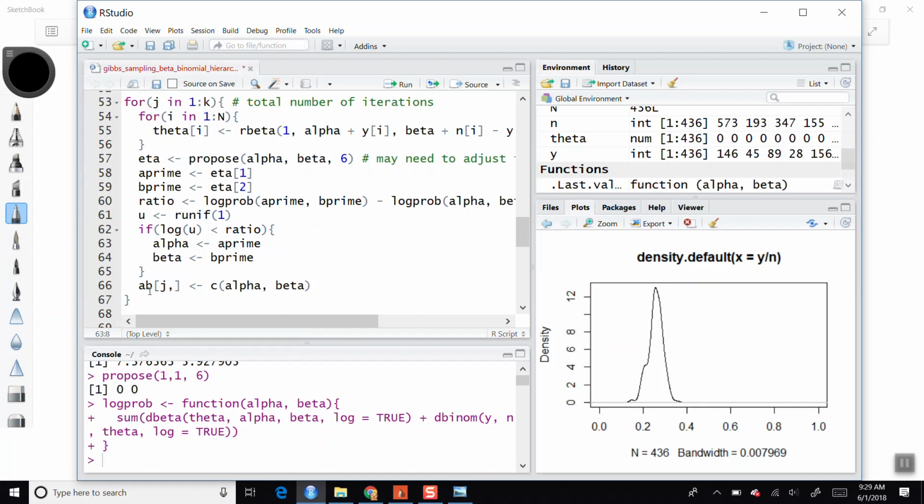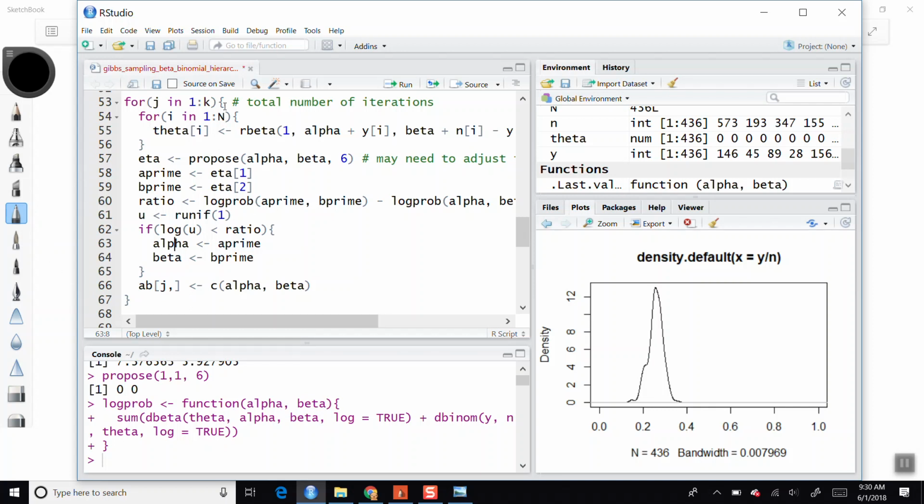Okay, and so this is the Gibbs sampler, or the Gibbs and Metropolis hybrid sampler. We have Gibbs steps for the 436 different theta values that we have, and then we've got a Metropolis step for the last two, the alpha and the beta. If we wanted to, we could have done the math to figure out the full conditional for alpha and the full conditional for beta, but